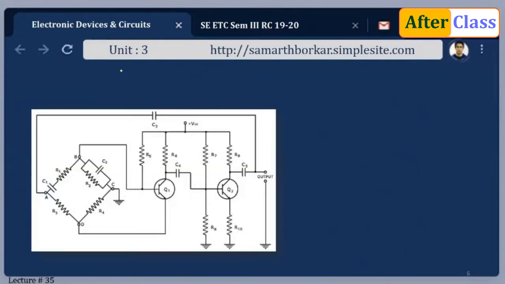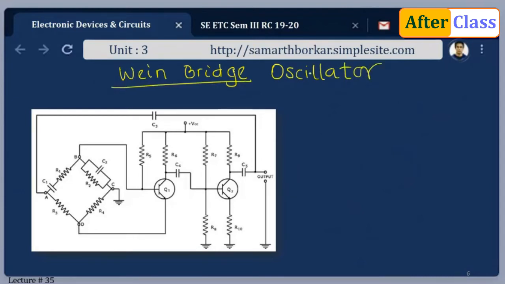Here is the circuit diagram of the Wien bridge oscillator. Again, it comes under RC oscillators. Why? Because you see in this circuit, this is the Wien bridge network, and this entire circuit is composed of purely resistors and capacitors. There are no inductors here. So it is an RC network. So this is the Wien bridge. Another term for circuit is network.